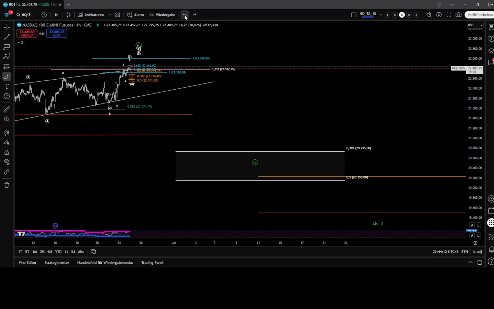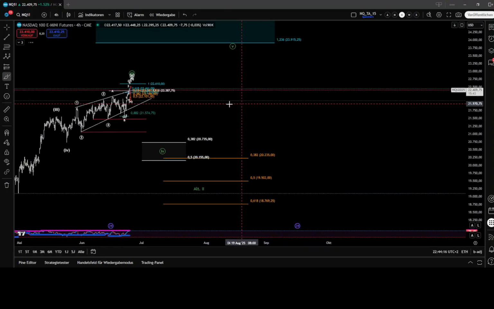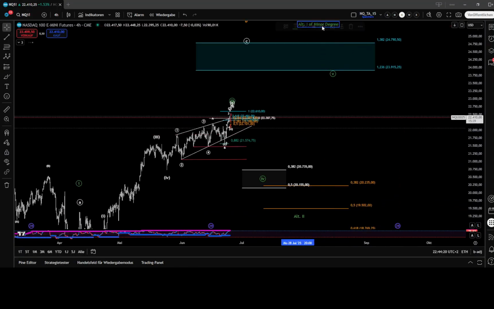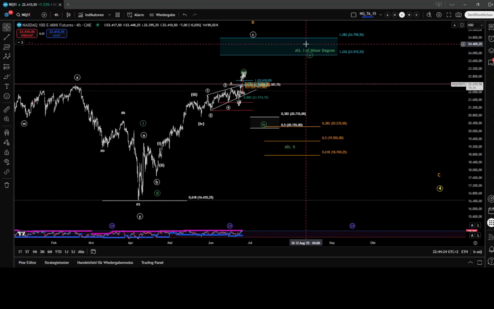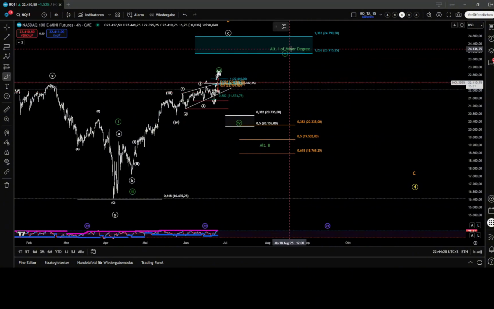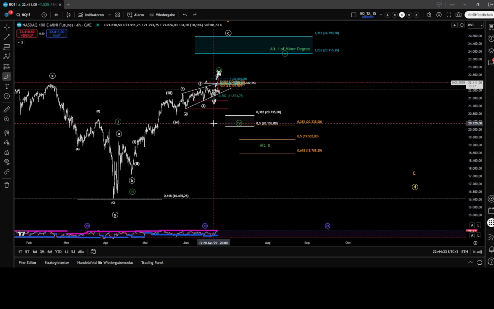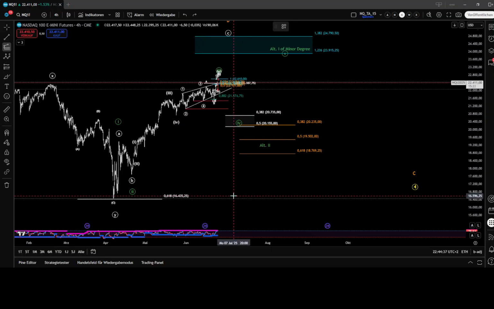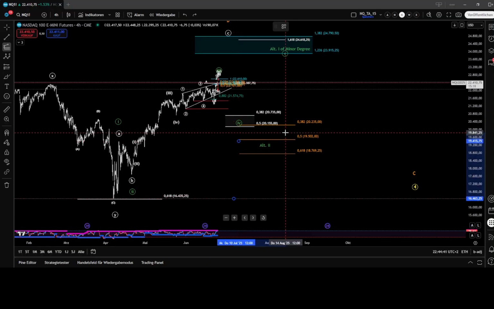Okay, and only when we have these moves completed, because that's very, very important. Only if we have these moves completed, we can call our first move to the upside in 5 waves. Okay, and then I do expect a retracement, and that retracement afterwards is telling us definitely a little bit more, because if I suggest, for example, let me just do something just for fun here. If I consider that we get to my target area,